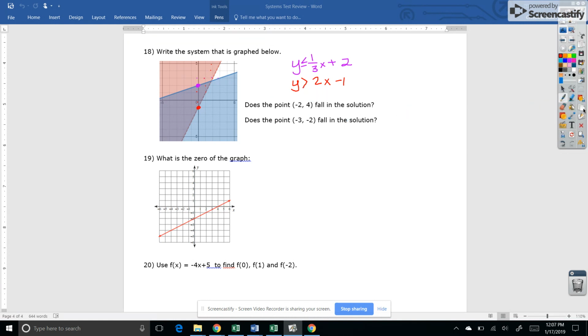So when it's asking if we fall in the solution set, we want to know, are we in the place where both of them are shaded? So red was shading up, blue was shading down, so purple is where they intersect. So we want to know